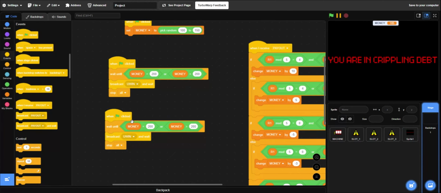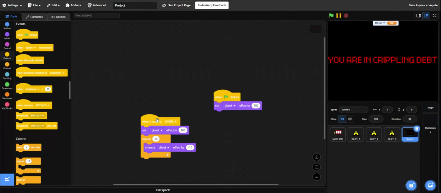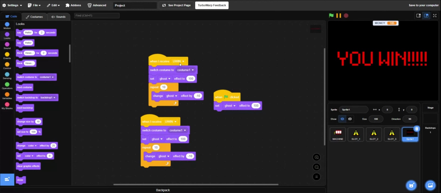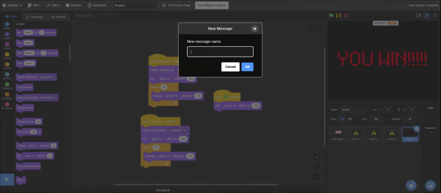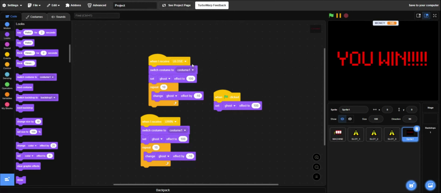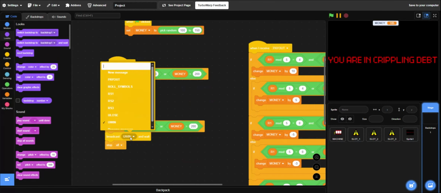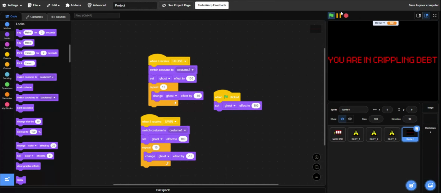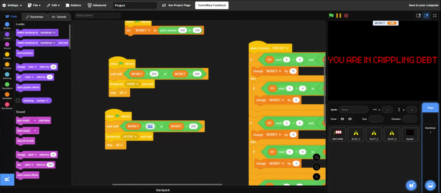So when you win, switch costume to costume 1, and when you lose, switch costume to costume 2. I don't think that's how you spell lose. I think that is, but I'm not sure. When you receive "you lose," it says you are in crippling debt. If that can get past Scratch's filters, you can either take the chance or not, and I respect that. So yeah. Now if your money equals 0 or it is less than